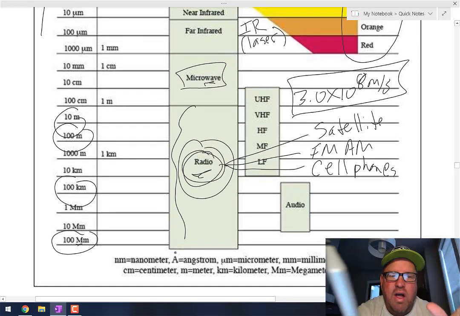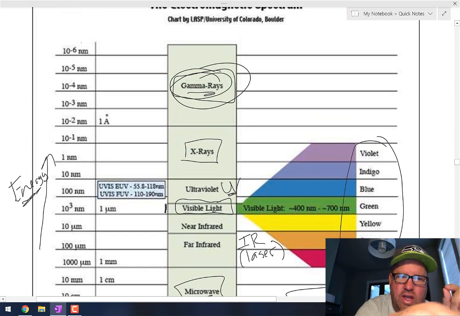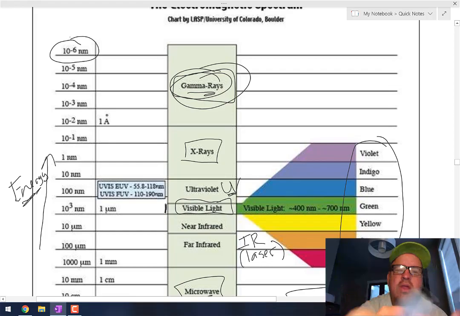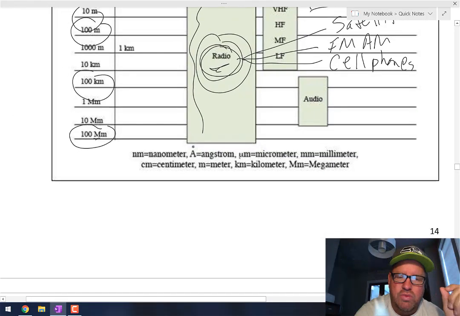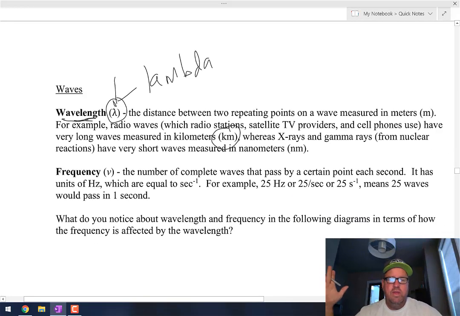And the bigger they are, again, you can see, remember the energy goes up as you go up. The smaller these waves are, you get to really, really small waves. Those are the really, really high energy ones. So if the wavelength is really, really big, then we know that the energy of those waves is really, really